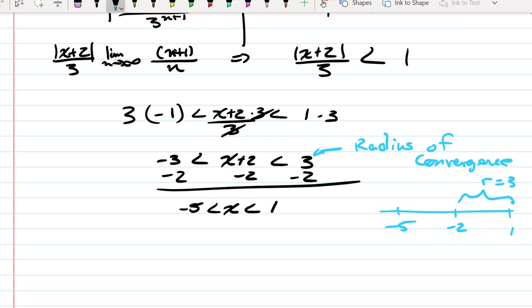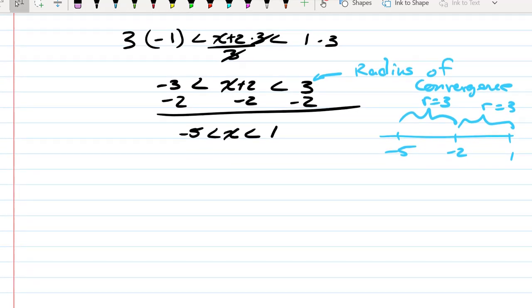This would be our radius, 3 and 3. So the radius is always going to be half the distance between the endpoints of our convergence. So this converges for x values between negative 5 and 1, and they're 6 units apart, so the radius would have to be 3. And then if we check each of our endpoints, so if we check x equals negative 5,